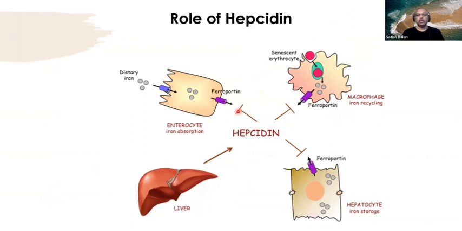block ferroportin. Now you must understand that ferroportin, which we have already seen in the intestinal cell here, is the only iron export protein present in all the cells in the body. So whichever cells contain storage iron, they can only release iron through the ferroportin molecule. So hepcidin inhibits ferroportin everywhere, whether it's on the intestinal cell, whether it's on the macrophage, which takes up these senescent RBCs and breaks down the heme into iron and stores it there, or whether on the liver cells, which